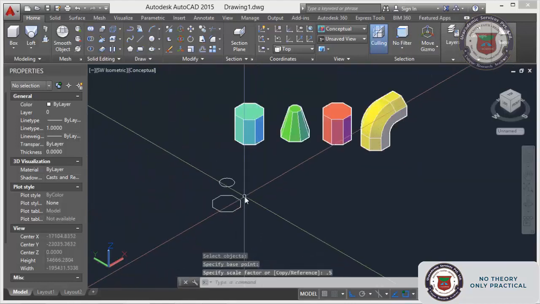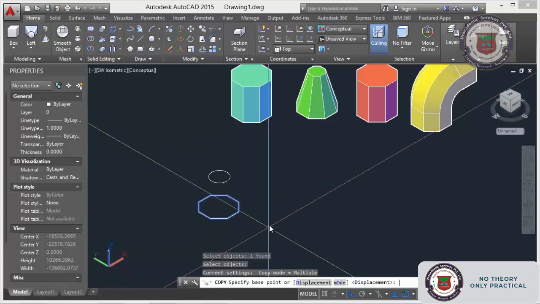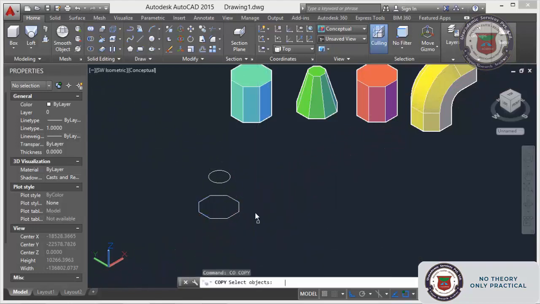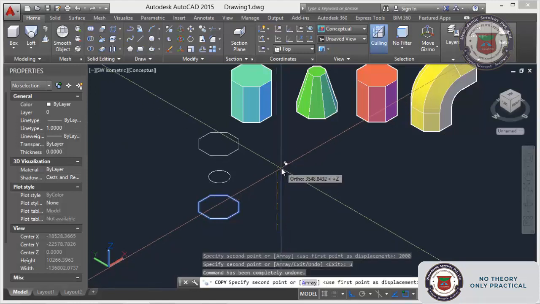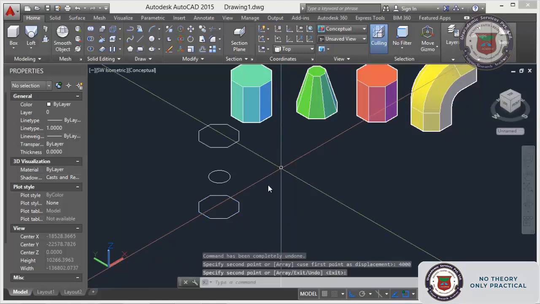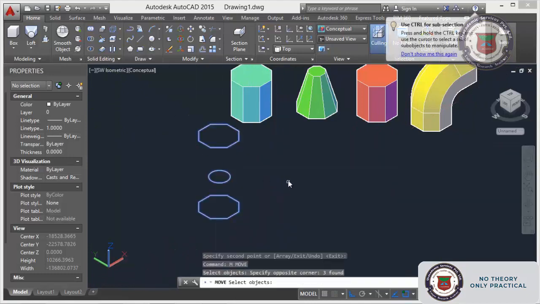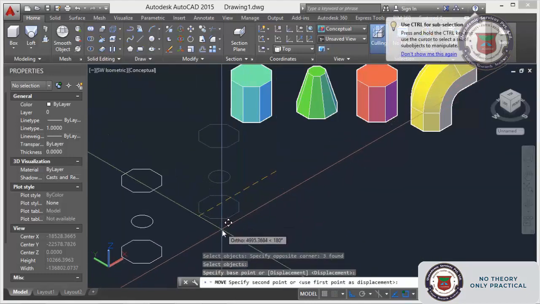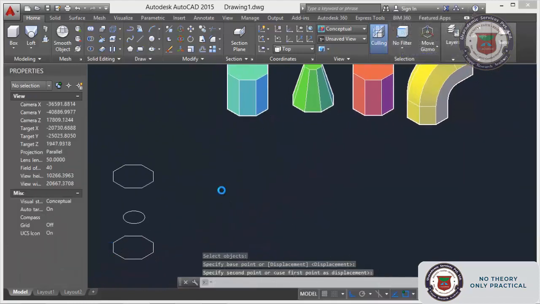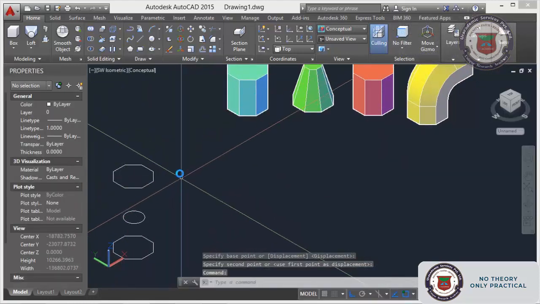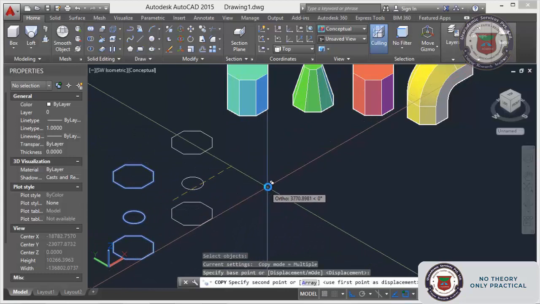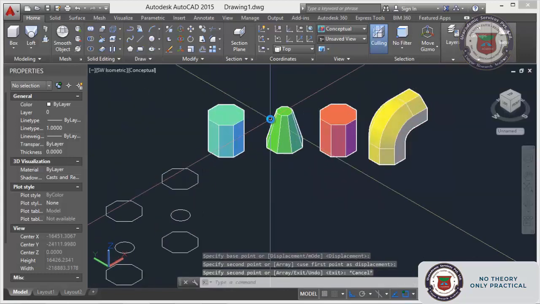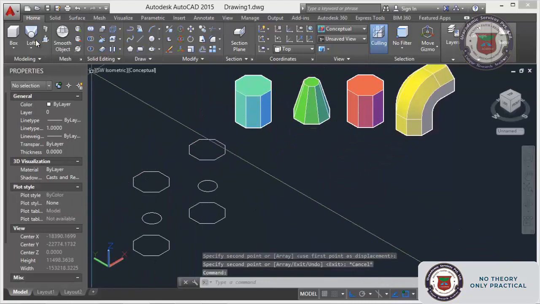And I will copy this one, not at 2 meter, I will get 4 meters, so that my inner circle will be fine. I will make a copy of it. Just click loft, select, enter.